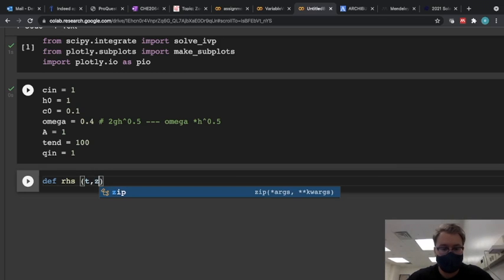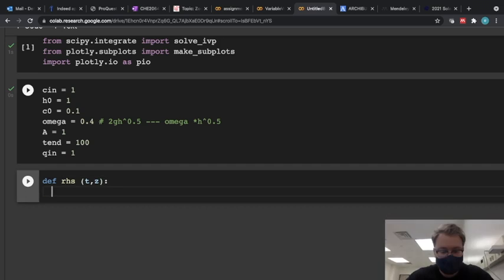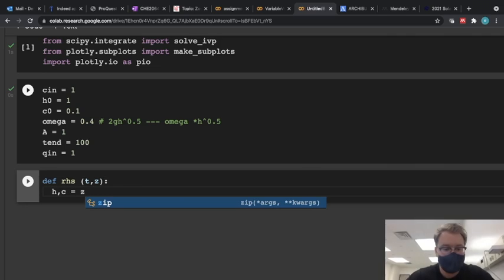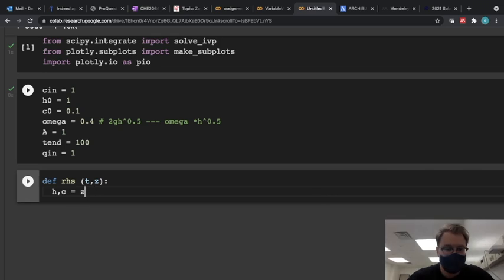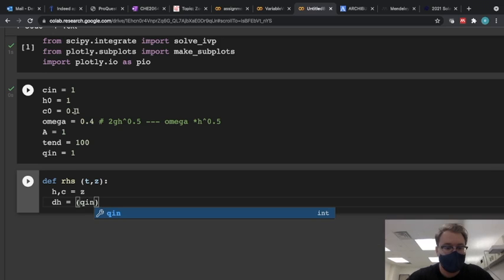So I'm just going to call that z for now, and then I will say that concentration, or height and concentration, is equal to my z. And now I can start bringing in my two differential equations. So the change in height, or dH, is going to be equal to my flow rate in,